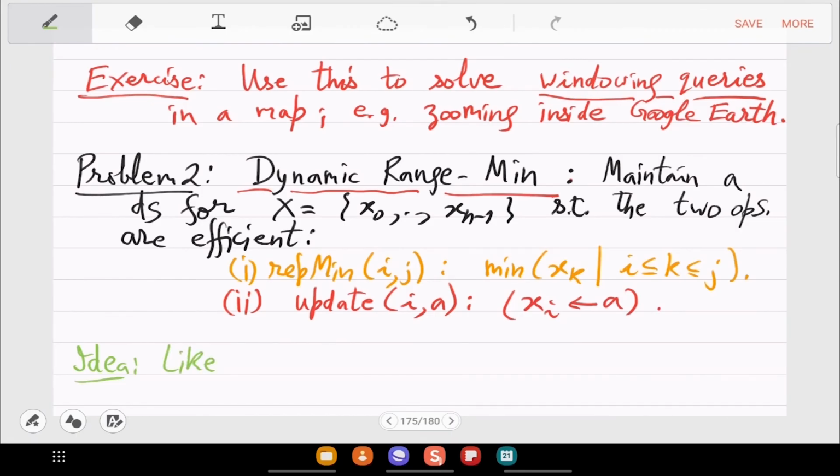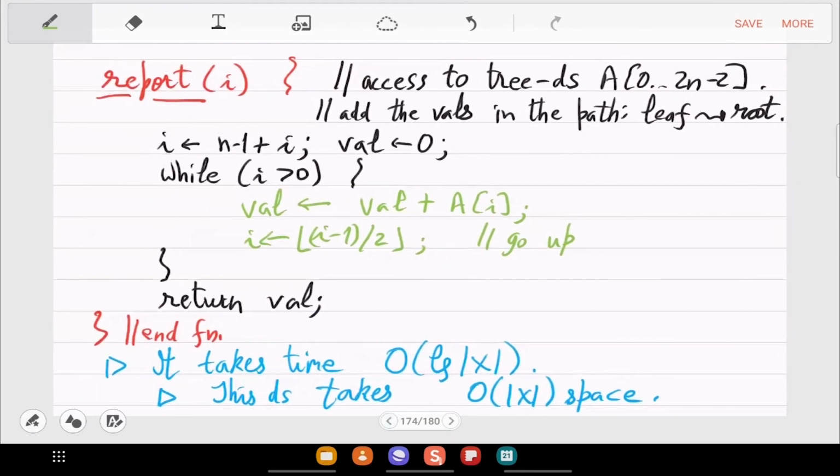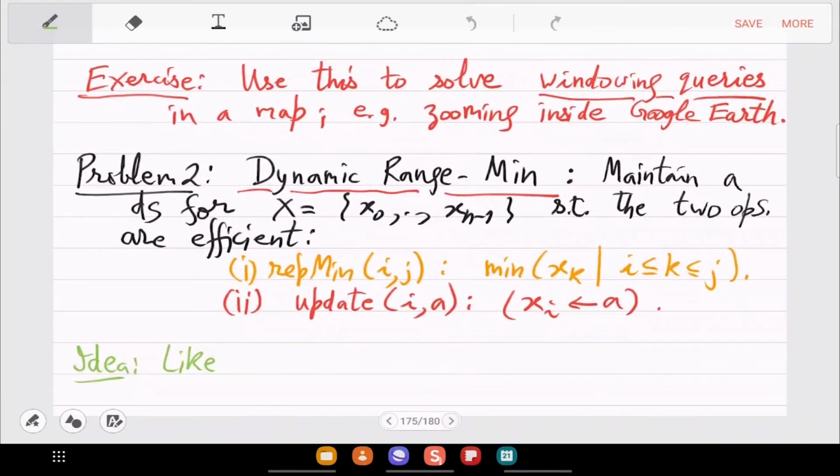So like in this multi-increment, we augment the tree data structure further. Already we have augmented it with this interval tree skeleton. What can you do in addition now?